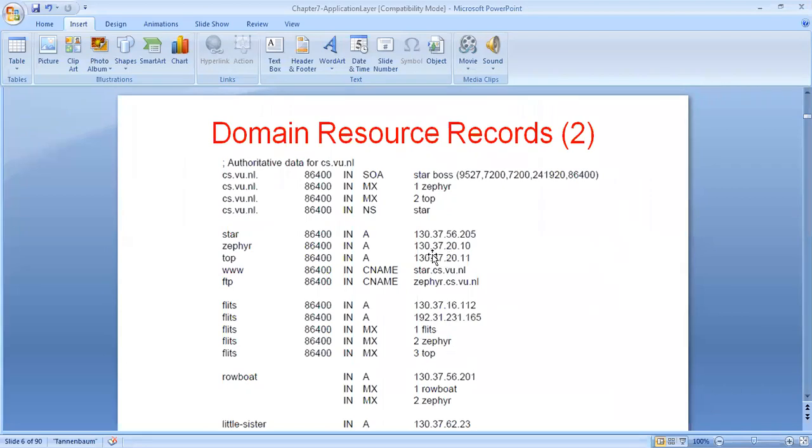So let us understand what is this domain resource records. These records are used in the domain name system, where each tuple will be having 5 columns, and it will be used to identify which particular file or application belongs to which particular domain. For this we use the domain resource records.